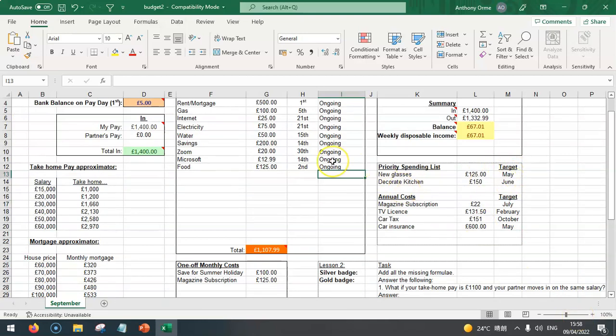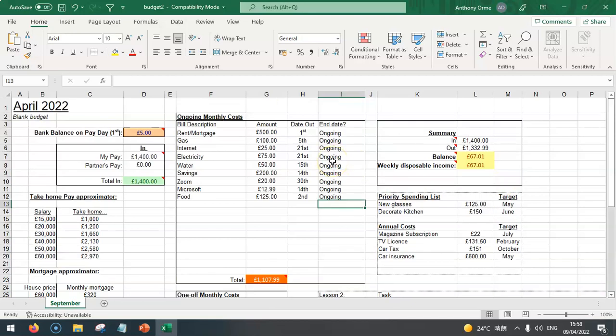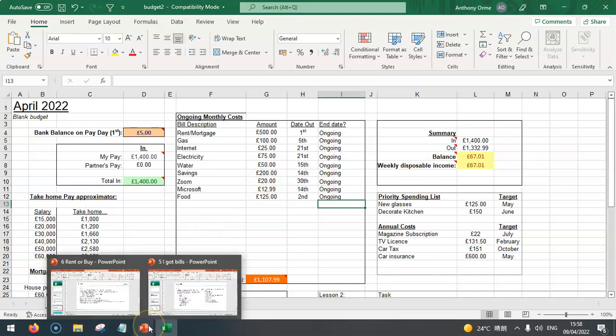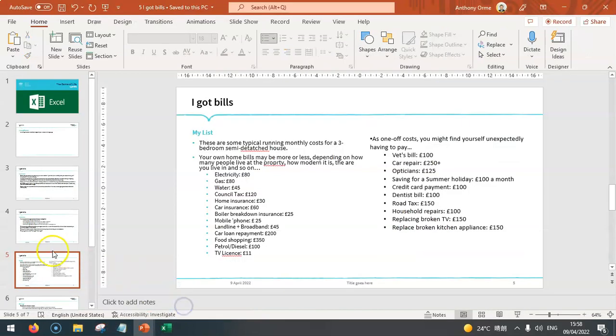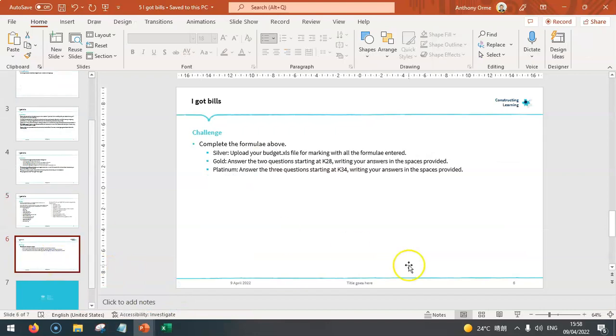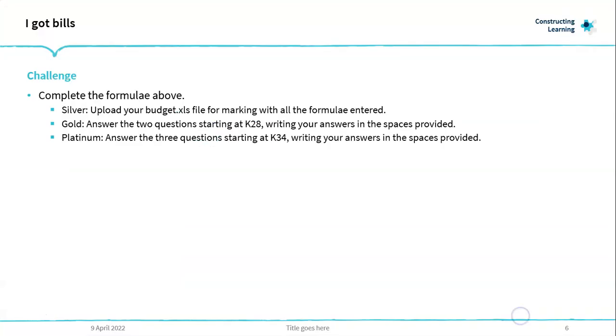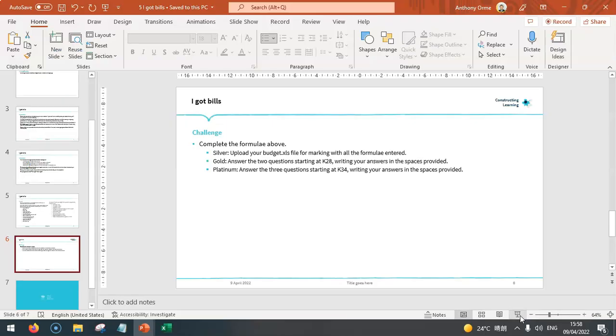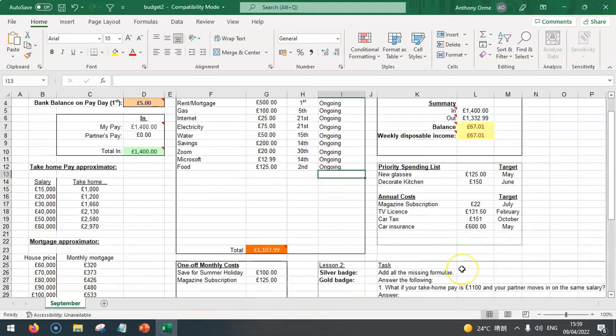So this goes through a bit. I want you to have a go at creating your own budget. And over here, your challenge is to complete the formulas as I've done, upload it for marking, and answer the questions at the bottom, in K22, K28, and K34. So if we go back,